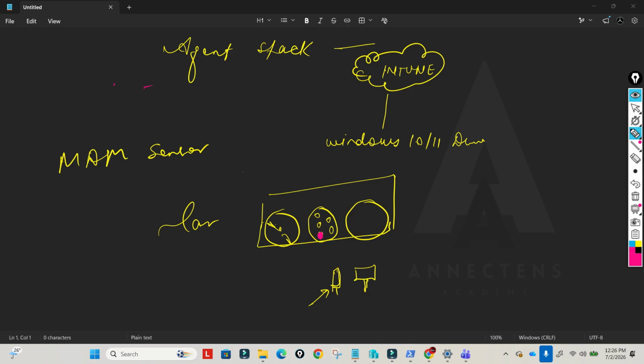The same thing is happening here with the Microsoft Defender for Endpoint sensor. This MDE sensor is sensing how your device is behaving, how your endpoint is behaving. If there is something wrong with the telemetry data, with the backend, or your device is not in real time, if it is infected by any threat or malware, or if an attack has happened on the device, it will directly sense that,